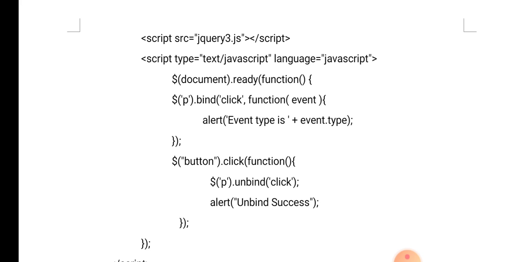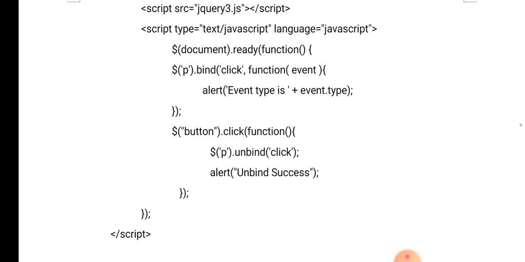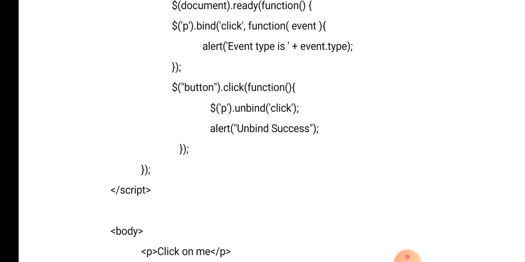When you click on the button, what you need to do is $("p").unbind("click"). That means you are removing the event handler given to the paragraph element, and immediately we show an alert, "unbind success". This is how we remove event handlers when we don't want to use that event handler on that particular element.